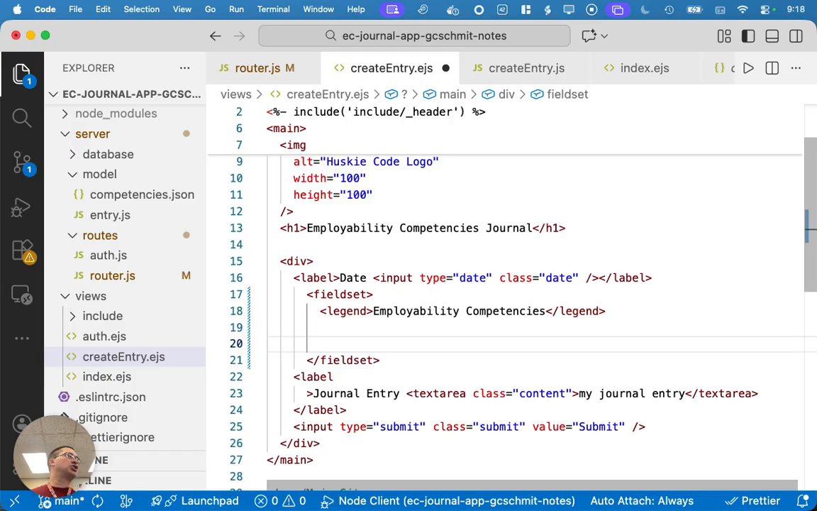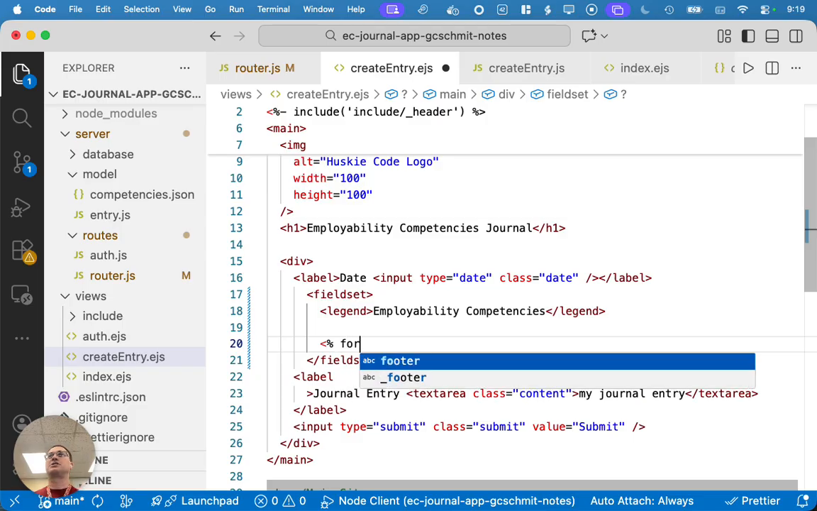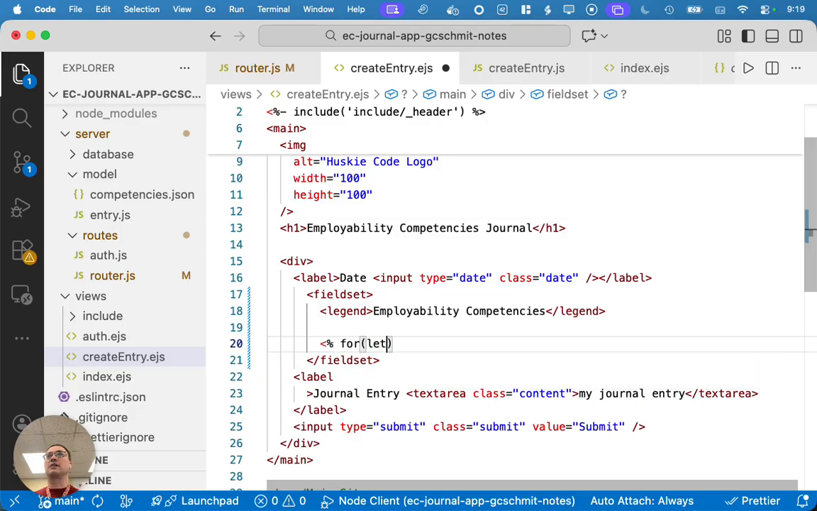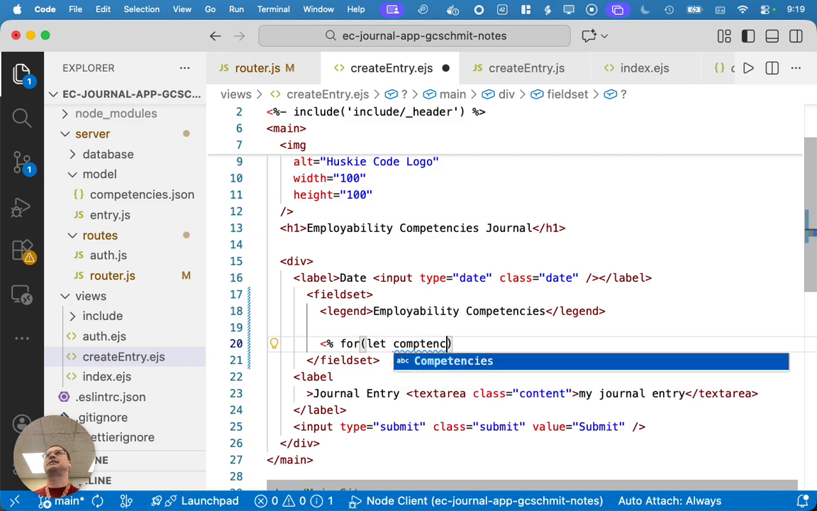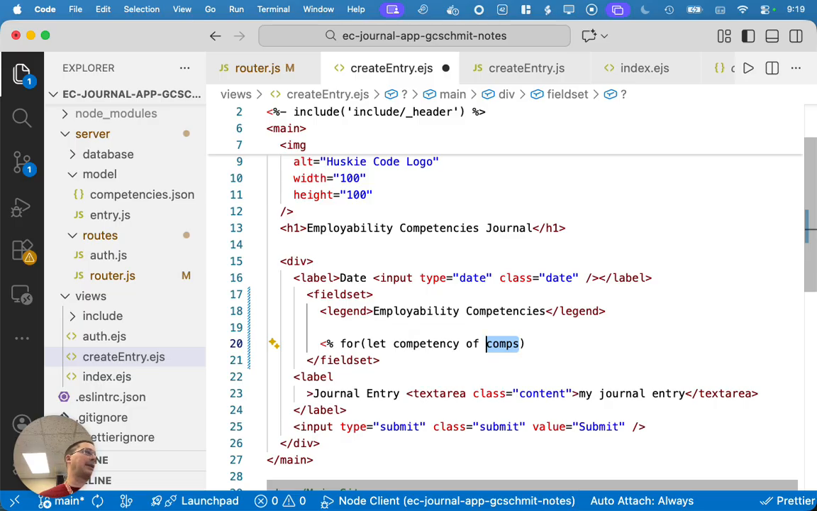And now we're going to write a JavaScript for loop inside our EJS file. So this is where we use that symbol less than % to say, hey, everything in here is JavaScript code. Evaluate it, take the output and paste that into the HTML and then send it to the client. So now we just write JavaScript code for let competency of comps. So notice I have to use the variable name comps here because that was the property we defined